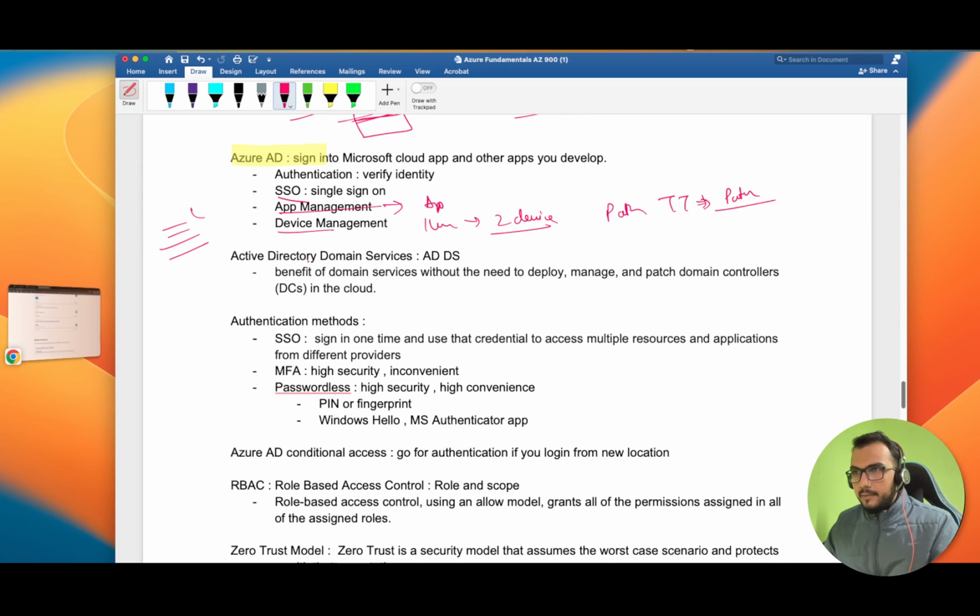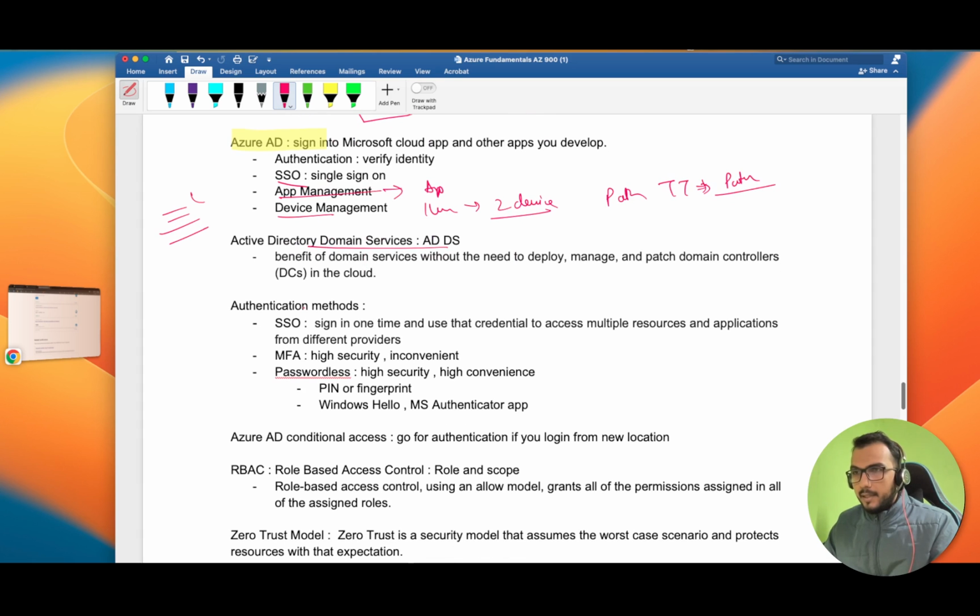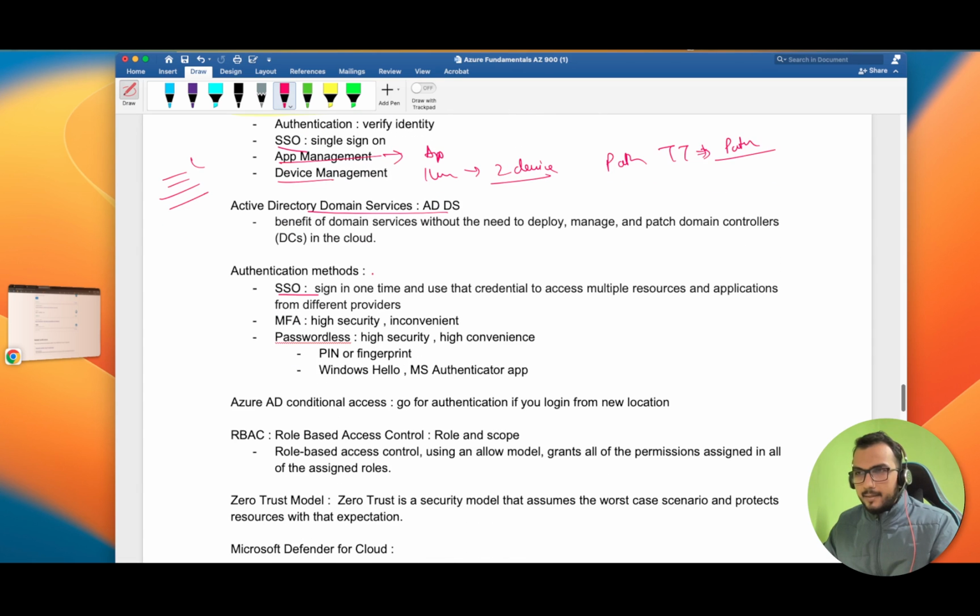And Active Directory Domain Services, authentication methods, which we have already discussed: single sign-on, multi-factor authentication. So sometimes it happens that you can only log in if you enter a password, or possibly there are Google Authenticator and Microsoft Authenticator also. Okay, two-step verification,